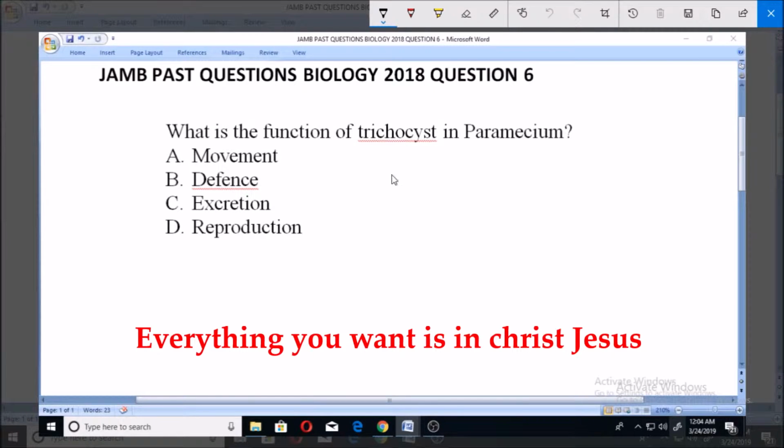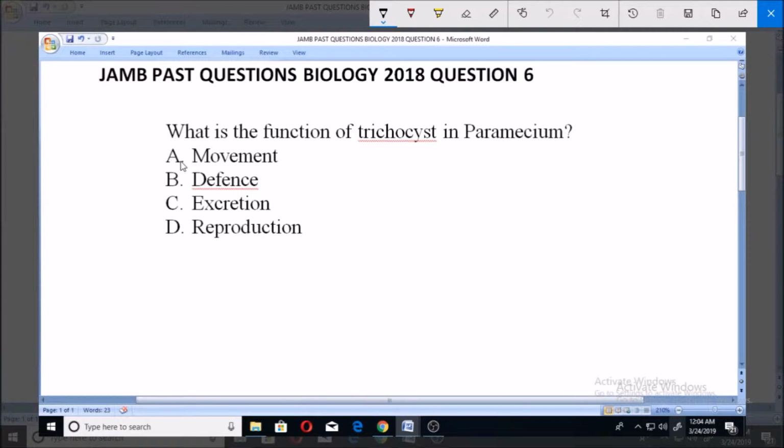Question number 6. What is the function of trichocyst in Paramecium? A. Movement. B. Defense. C. Excretion. D. Reproduction. Now, for us to be able to appreciate this question very well, we need to know what